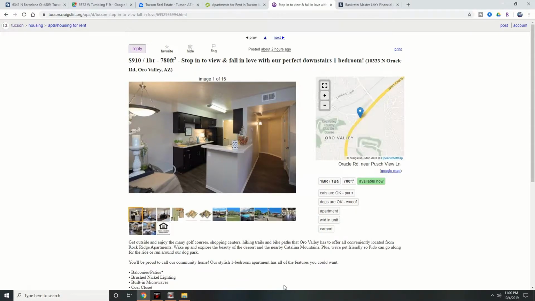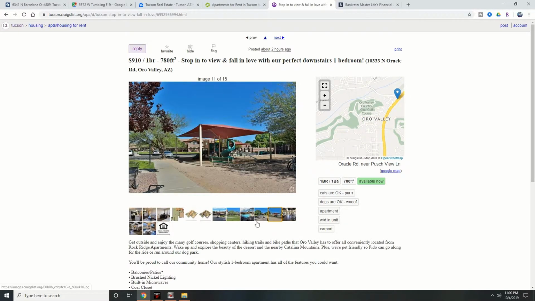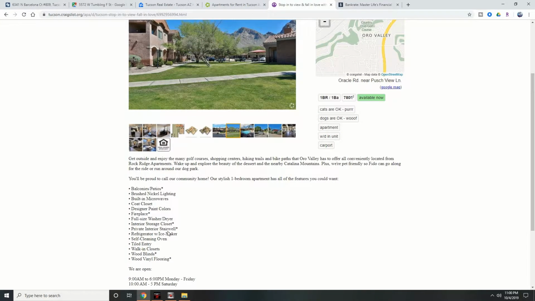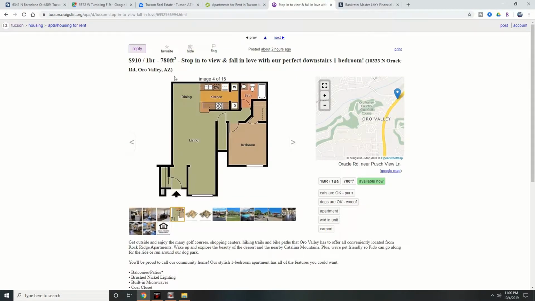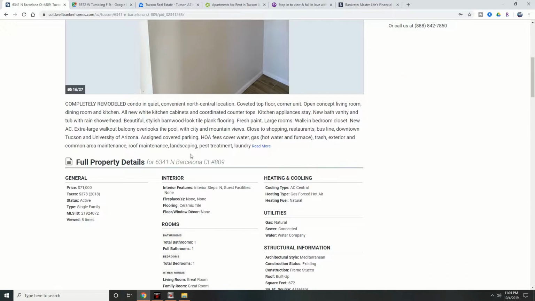It's not too bad at all. And it's near the Oro Valley. It has amenities, nice things like a gym. So if your community has these things, which it probably does, and it seems like it covers gas, hot water, and furnace,